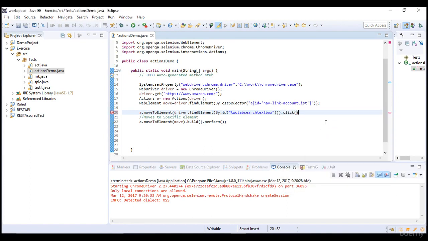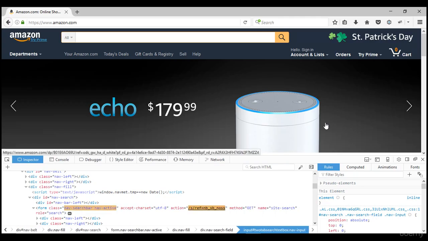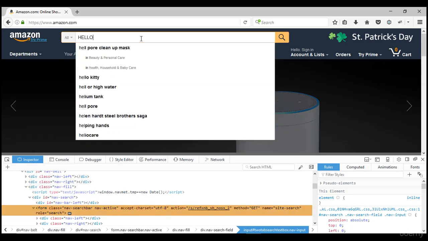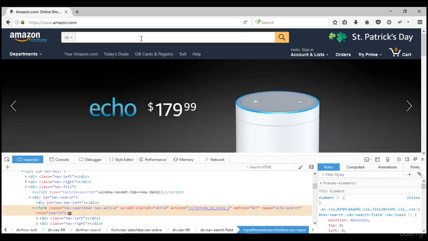Then what next? After clicking, do you know we can write alphabets in capital letters if we press the shift button? I hope you all know that. If we press the shift button and write the letters in our application, automatically they will be in capital letters. Now I hold my shift button and say hello, and it entered in caps. But you need to make sure we hold that shift button and write that. That's how we generally do it manually.